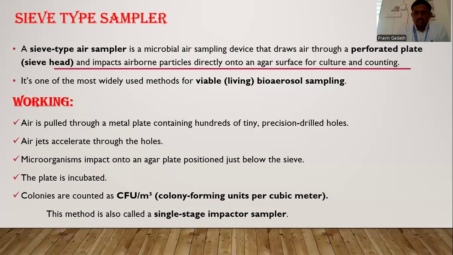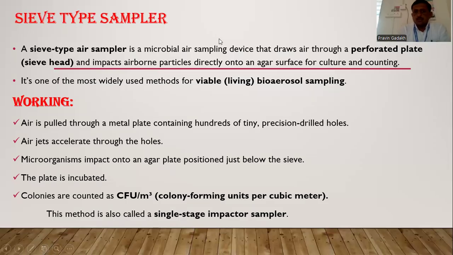The holes present in the container act as a sieve, not allowing dust and other particles to pass. The petri dish is then incubated at 37 degrees Celsius for 24 hours in an incubator, and after incubation we have to observe for the viable growth of microorganisms. So what happens? This type of air sampler,